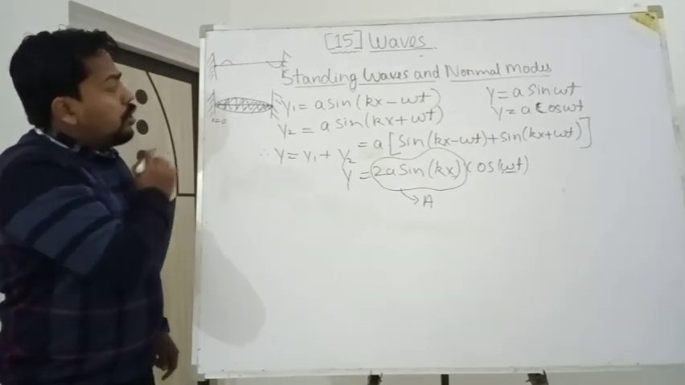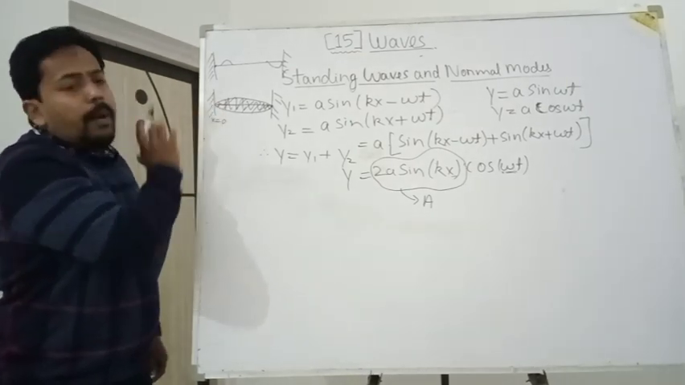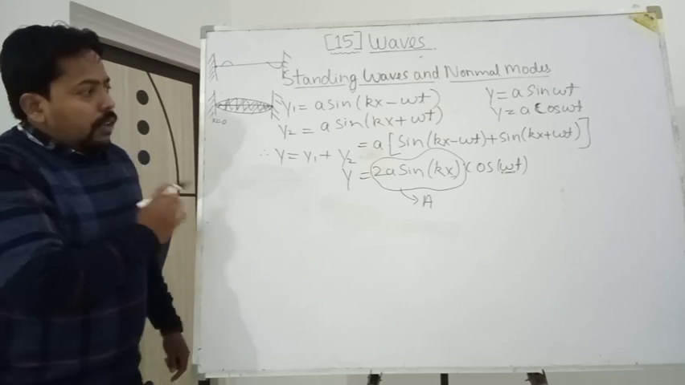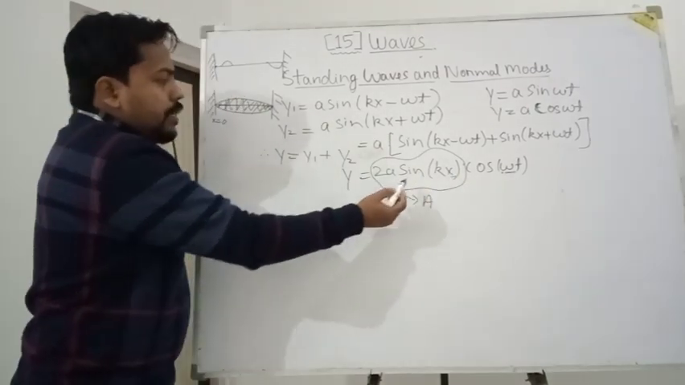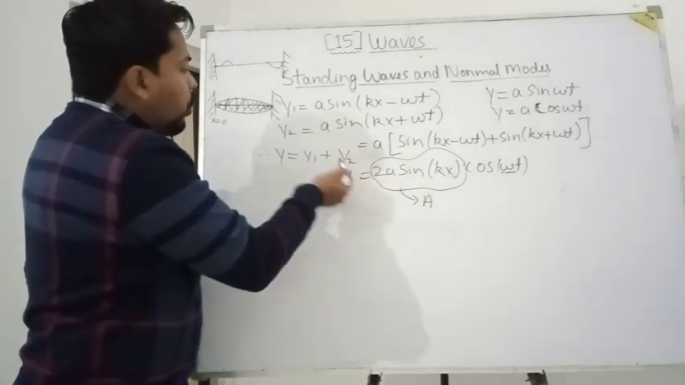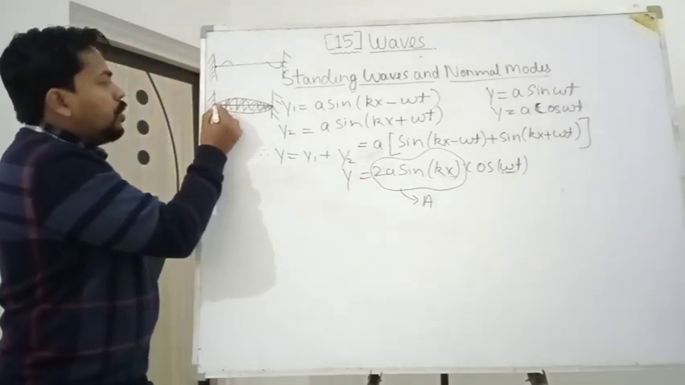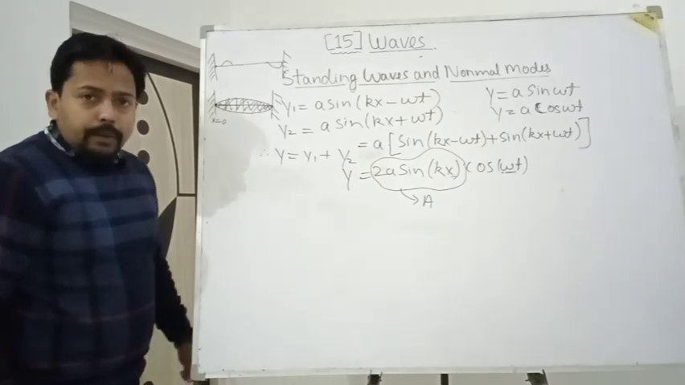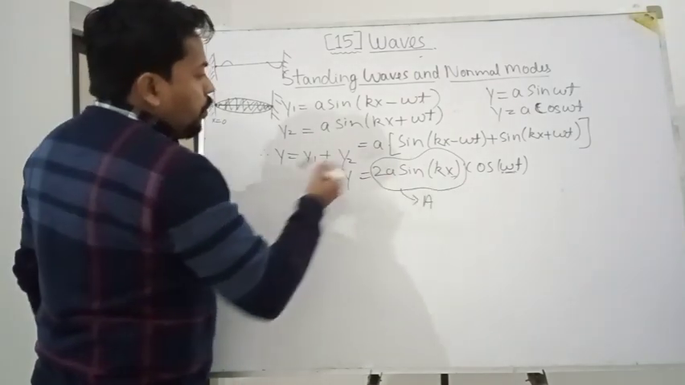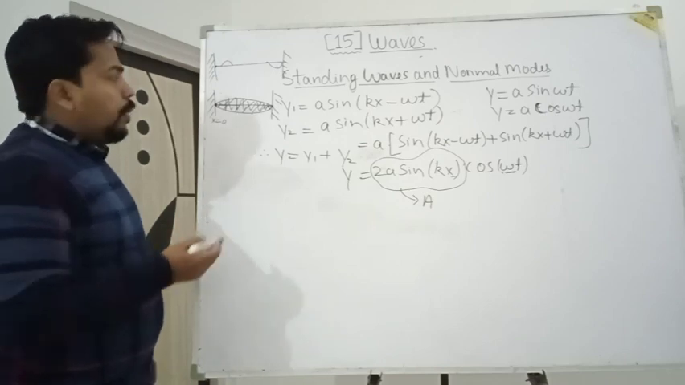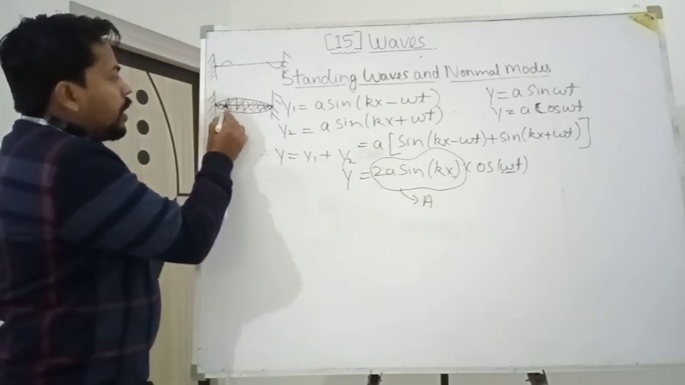At x equals 0, you can see that there is the minimum amplitude. If you put x equals 0, you will get sine 0, and sine 0 is 0, times 2a. That means at x equals 0 we are getting zero amplitude. Similarly, for x equals L, what will you get? You will get another amplitude, but with increasing x you can see